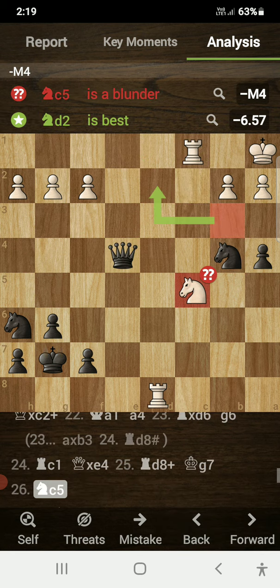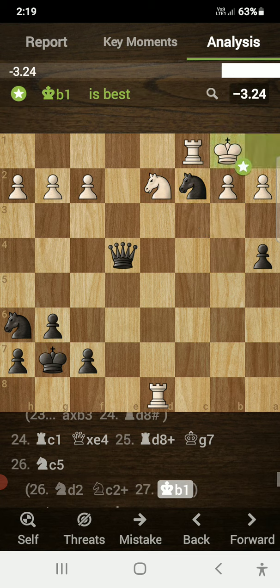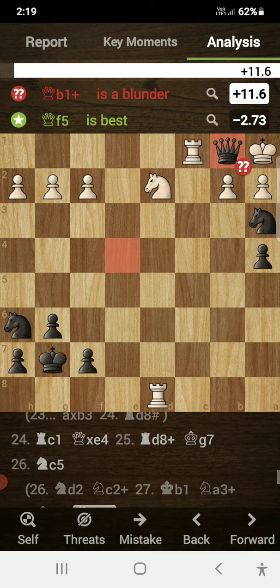So let us see why knight to d2 was the best move here. So let's say my opponent had played knight to d2. So had I tried the same thing again, knight to c2 check, king to b1, knight to a3 check, now king to a1, and had I tried the same trick again via queen to b1 check,